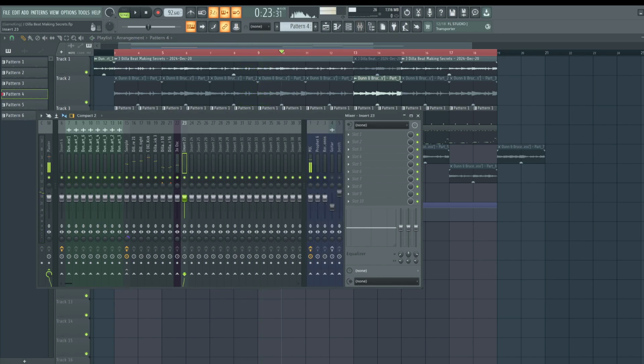The drums just need a little more texture on them. Let's group these drums. We'll see what we could do here. Let's highlight the drums, hit control, highlight these, right click, route to this track only. So the drums are going to one channel here.